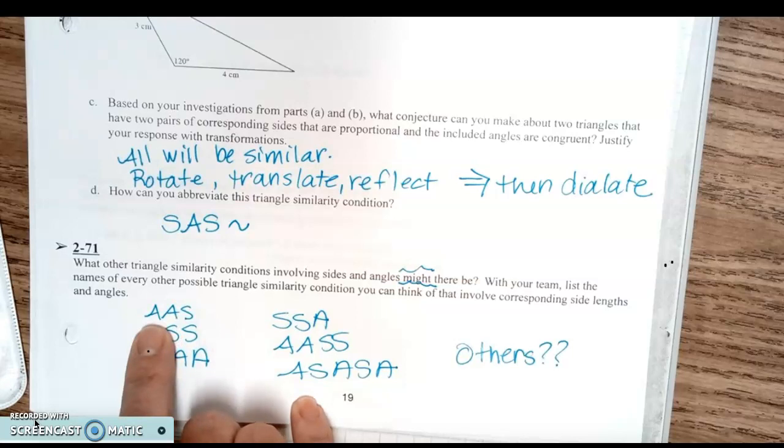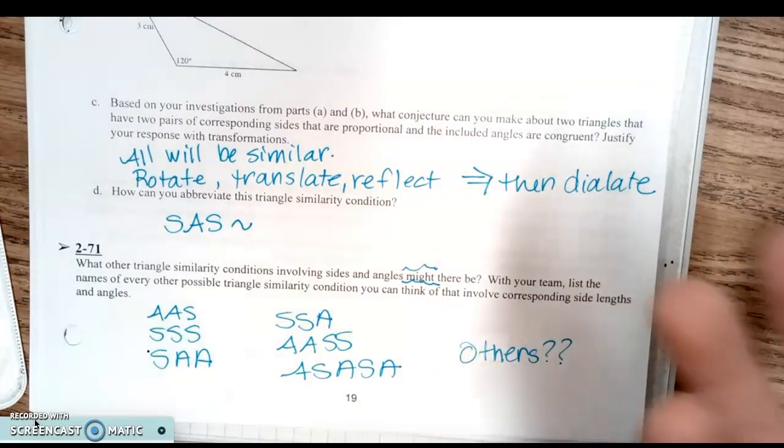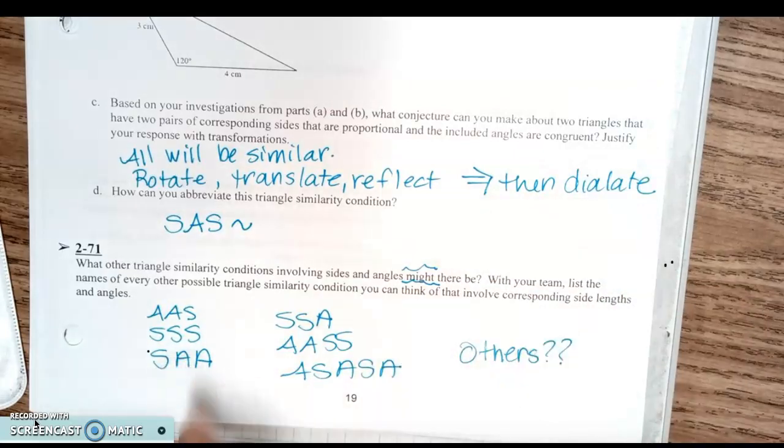So you might have angle, angle, side. We know that one's a congruence, so it might be a similarity as well. Side, side, side. Would side, angle, angle work? Would side, side, angle work? Would angle, angle, side, side work? Would angle, side, angle work? Are there others that you can think of in your group? Okay? So we're going to